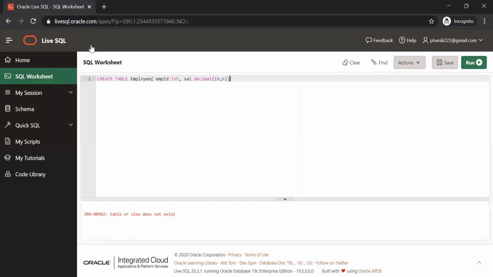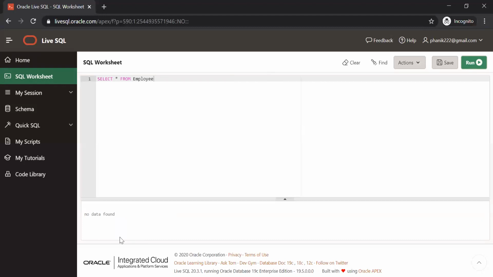Rather, I use truncate table. If I am going fast, you tell me. Yeah, sure. When I truncate the table, it says table truncated, which means the action is successful. If I do select star from employee, I should see no data found.